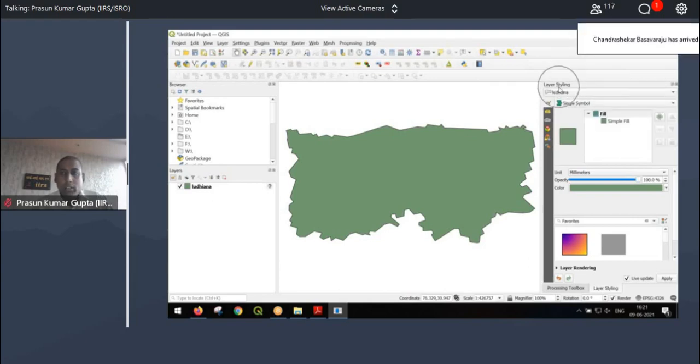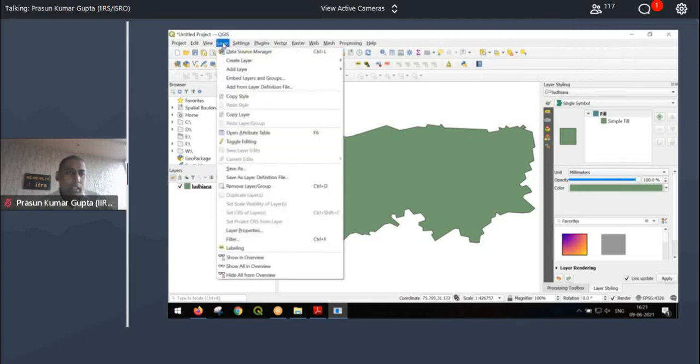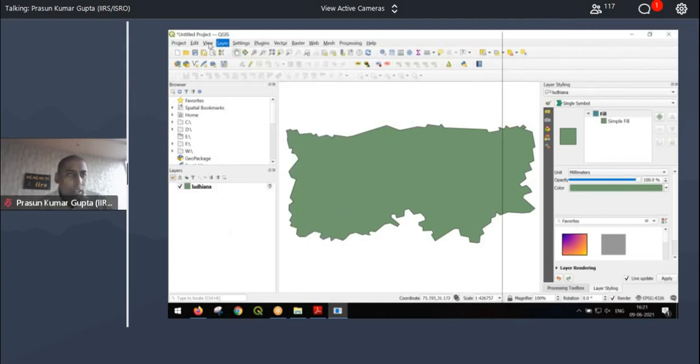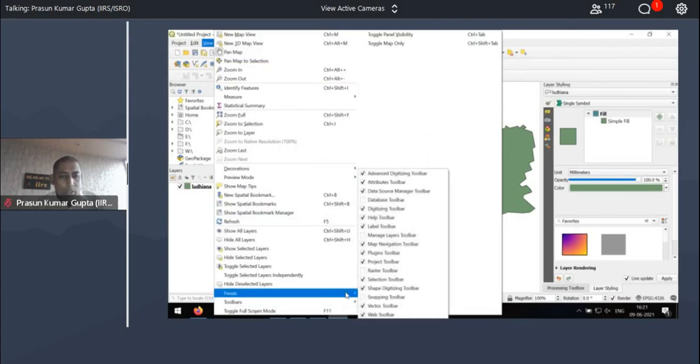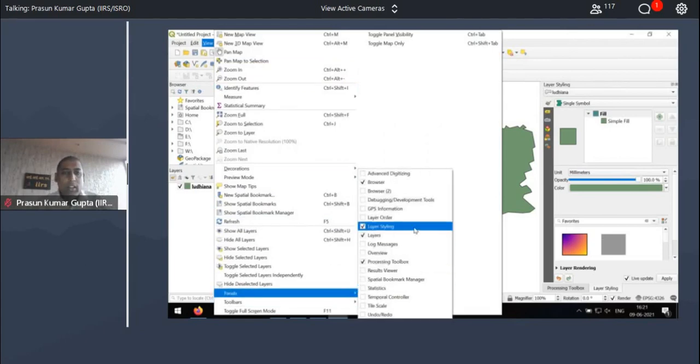Okay. Now, if you don't see this layer styling panel in your interface, there are view panels and layer styling. This is where your layer styling panel can be activated and deactivated.